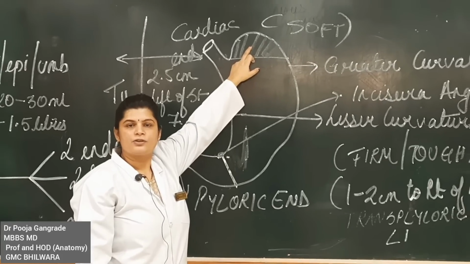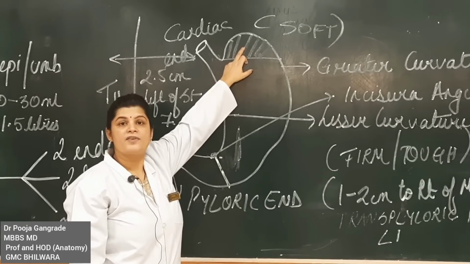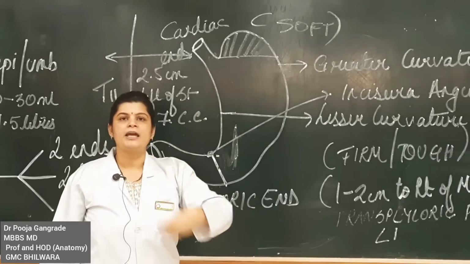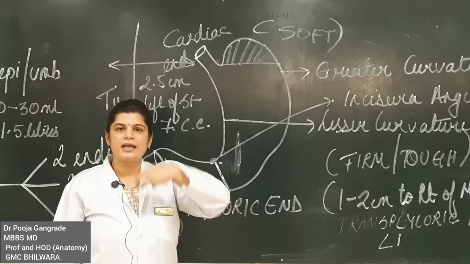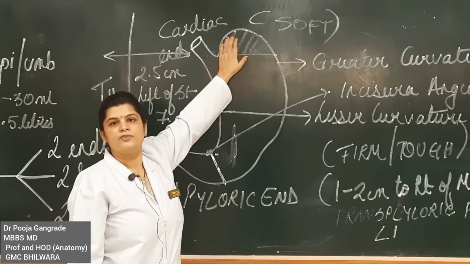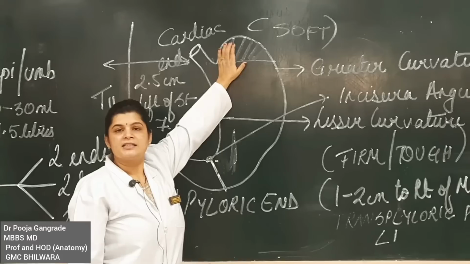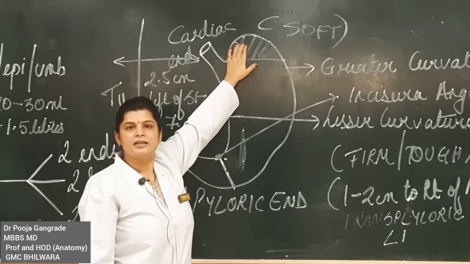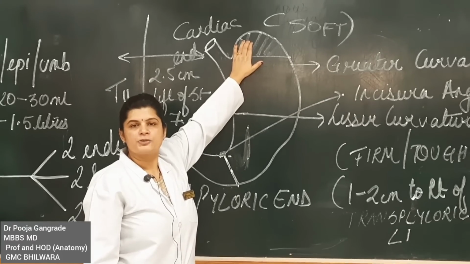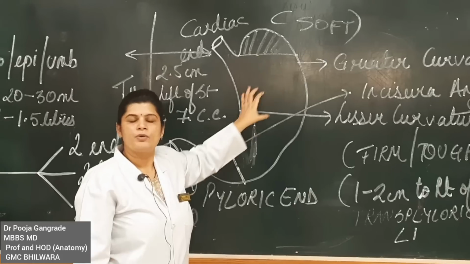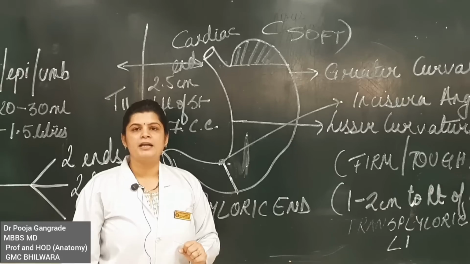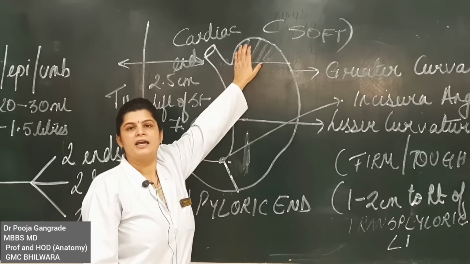The characteristic feature of the fundus of the stomach is that it is full of air. The ingested air, when we eat food, air also goes inside along with it. So that air which is ingested during the meals is the one which stays here in the fundus of the stomach. This is a radiological impression that in X-rays we see. These are the normal findings that a radiologist would like to see, and that is how he can find out that this is the part of the stomach. The presence of gas in the upper end of the stomach is nothing but the air in the fundus of the stomach.